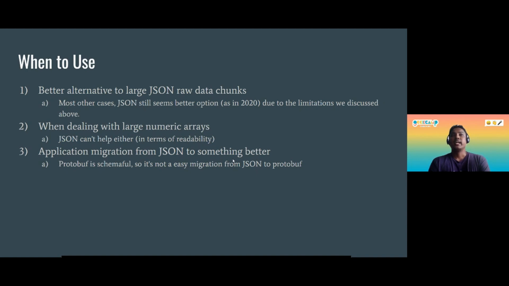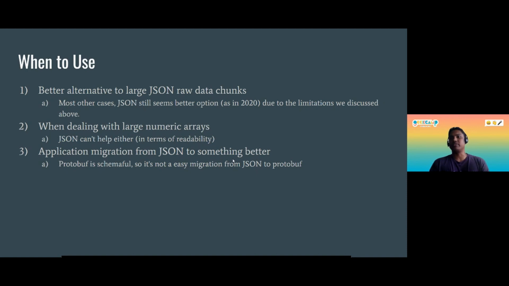And then when you try to do application migration from JSON to something better, if you want to optimize your current IoT system, which already uses JSON, one very obvious option is protocol buffers. But you may still need to do some additional implementation to support protocol buffers, because they are contract-based.